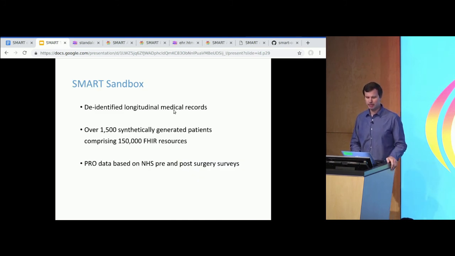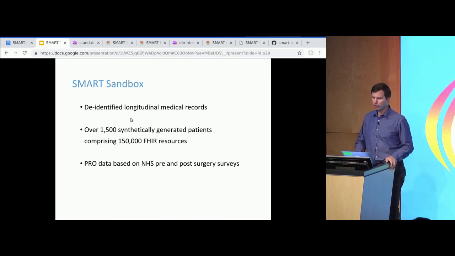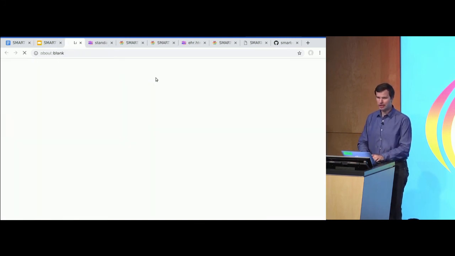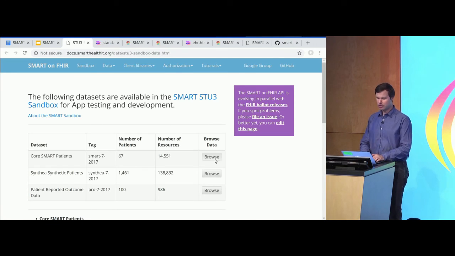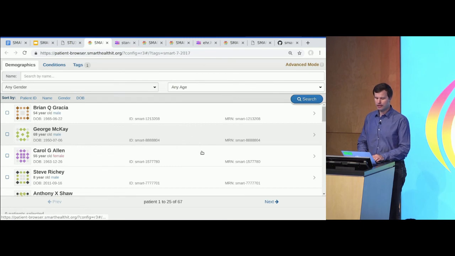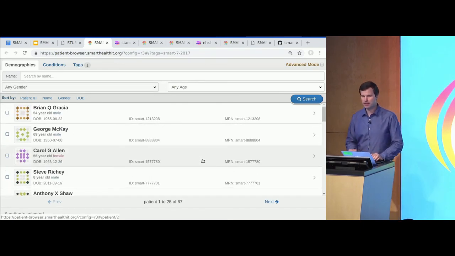I mentioned in the Smart Sandbox itself, we have one sort of longitudinal set of data that comes from de-identified real-world patients, and then a much broader set of synthetic data, as well as some patient-reported outcomes that we translated into FHIR from some of the NHS pre- and post-surgical surveys. I won't go through the details of it, but there's a link here in the slides to the data browser, which allows you to go quickly sort of through the set of sample patients that we have in the Smart Sandbox and identify patients that might be a good fit for some of your demo apps, or to demo some